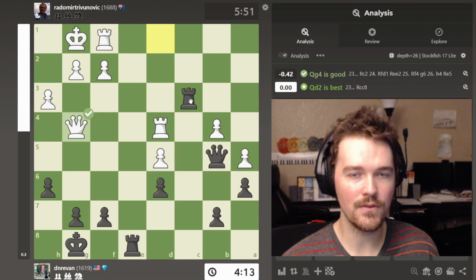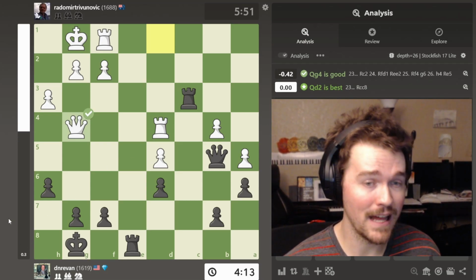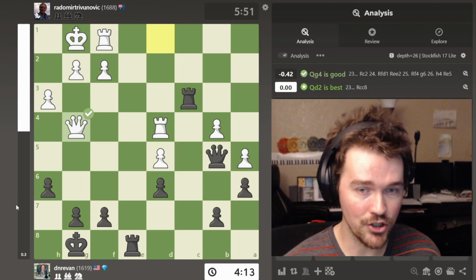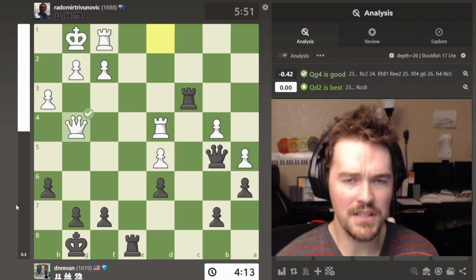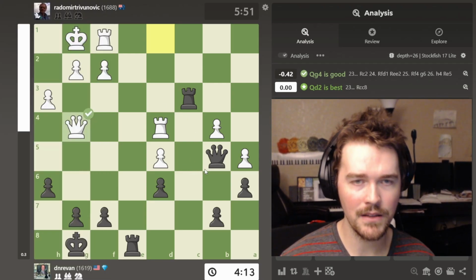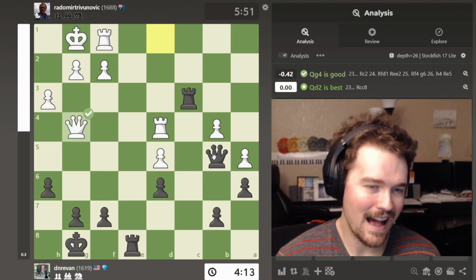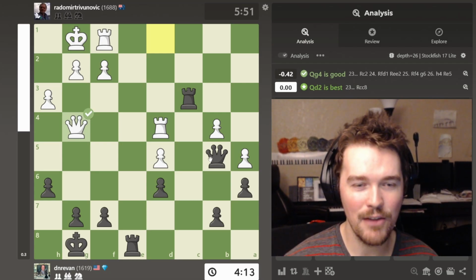So this is where I got my clock ticking. And apparently 0.3 favored for black, which is essentially a drawn game, which isn't a surprise just looking at it. I mean, we have equal amount of pawns, we have equal amount of material. So I just wanted to try something. And what I did is